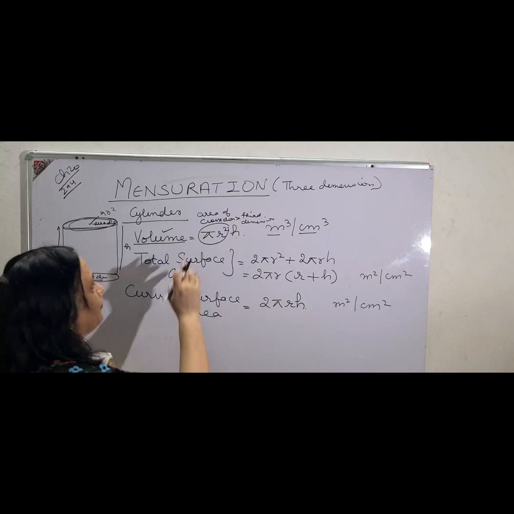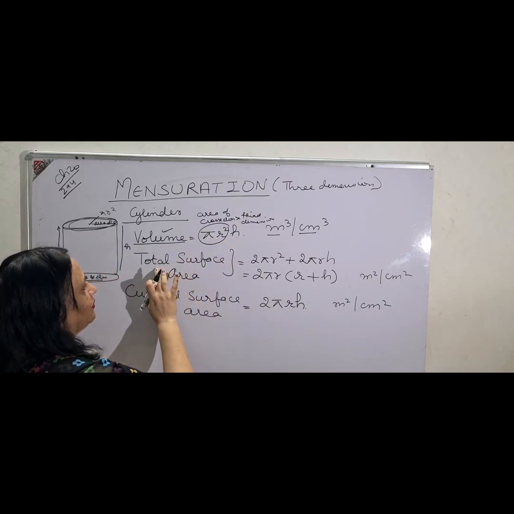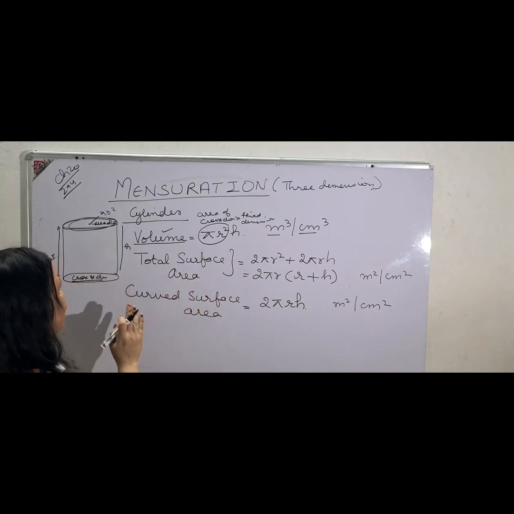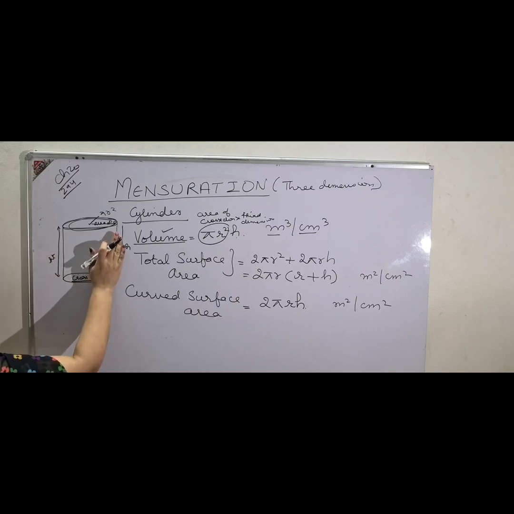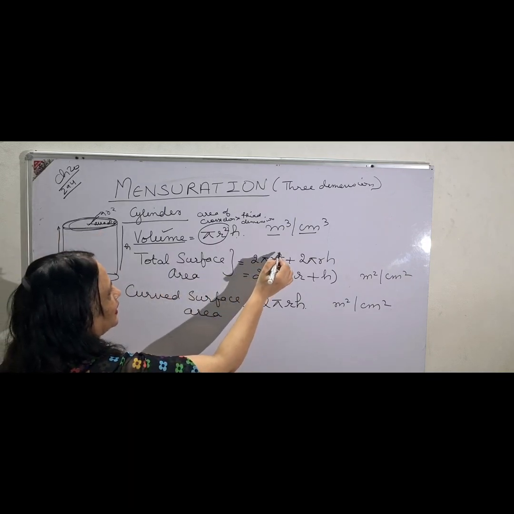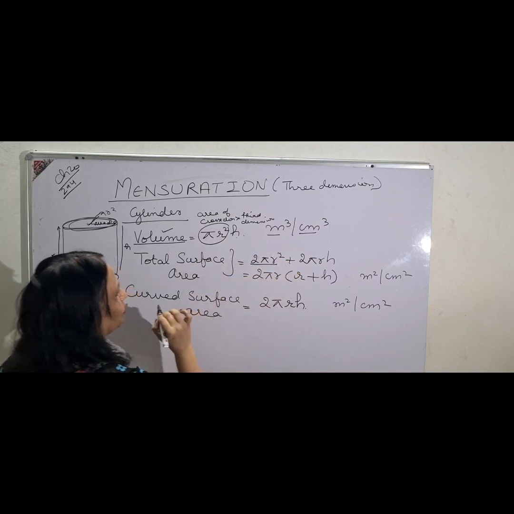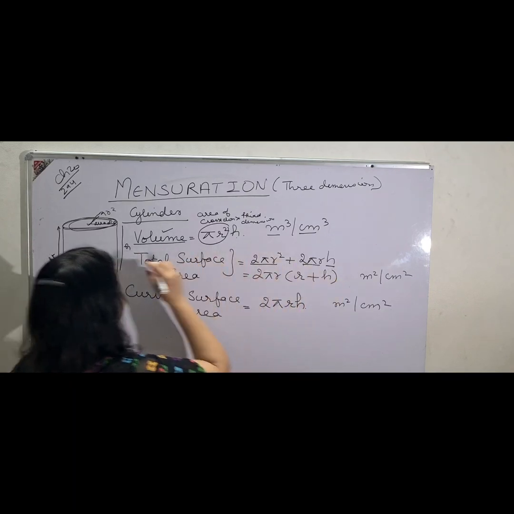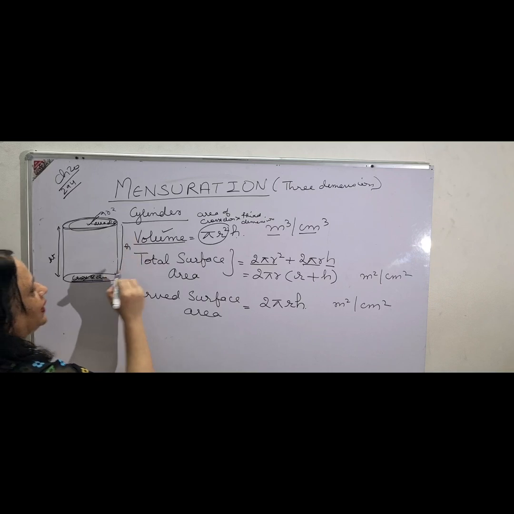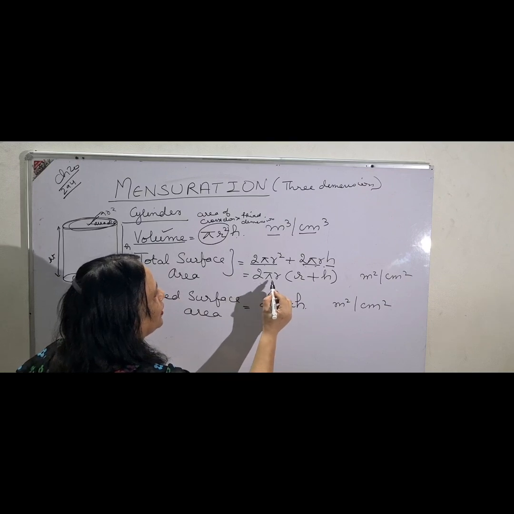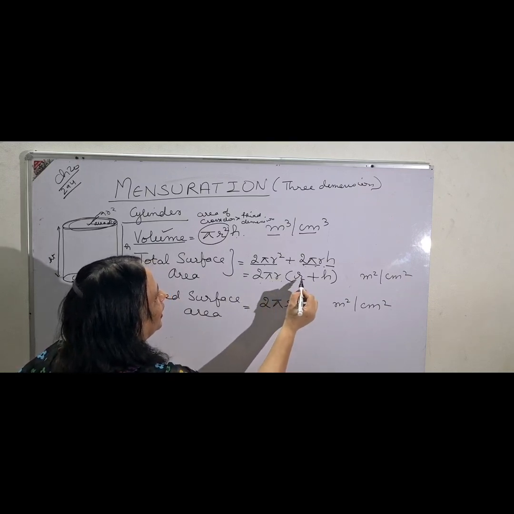So this is the first, pi r square into h. Second one, total surface area. Total surface area is the area which we can touch. For example, we can touch the curved surface, we can touch the upper part, we can touch the lower part. Since two parts are two circles, one circle's area is pi r square, two circles will be 2 pi r square. And the curved surface area of this cylinder will be circumference into height. Curved surface area means circumference into height, and when we total it, it becomes 2 pi r square plus 2 pi r h. So the formula will be 2 pi r, we take r common, (r plus h).